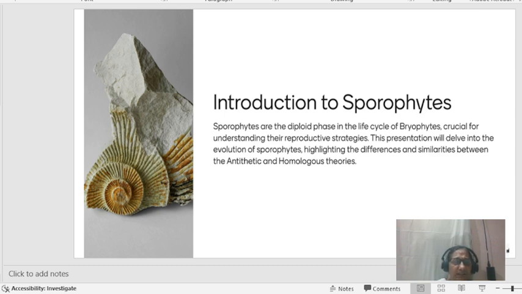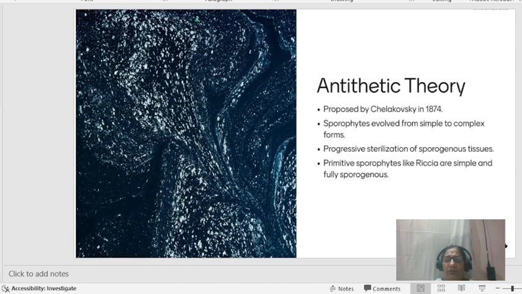So, this Antithetic Theory was proposed by Tsiolkovsky in 1874, and according to this theory, which is also known as the theory of sterilization, the sporophyte evolved from the simple to the complex form. This theory was also supported by Bowers in 1890, Strasburger in 1894, and Campbell in 1940. According to this theory, there is a progressive sterilization of the sporogenous tissues, and